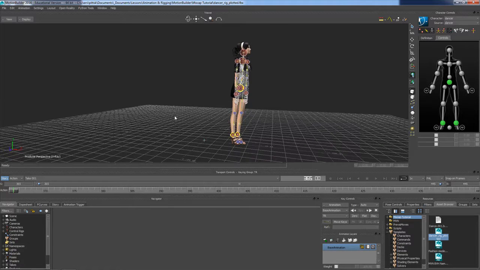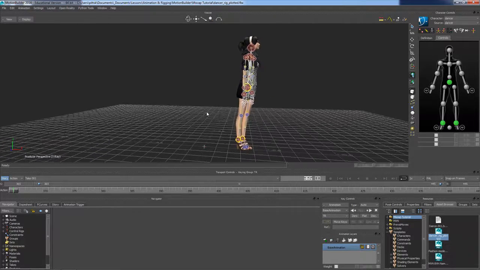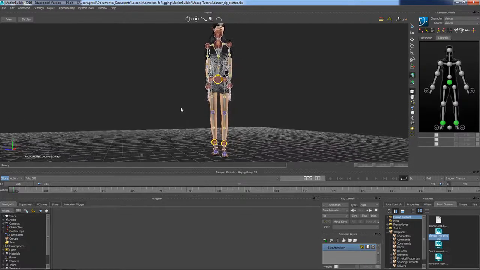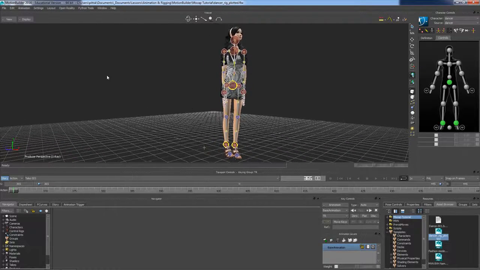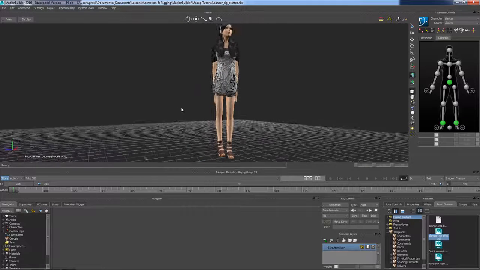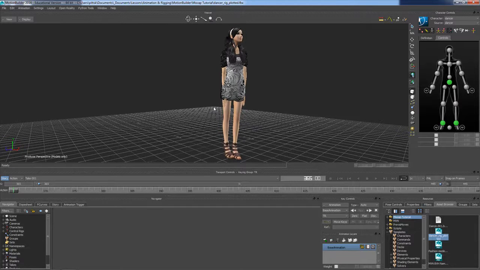Now there's three types of cleanup that you'll normally want to do on Mocap data. One is a kind of body adjustment. So you can see at the moment she's leaning a bit forwards. One of the feet is turned up. And most importantly, if I just go to models only, you can see that her hands are inside her body. Now that was probably due to a bad calibration pose when we did the Mocap. But the better the Mocap session, the less cleanup you should have to do. But it's a good example for us because it shows us how we can do the first kind of cleanup,